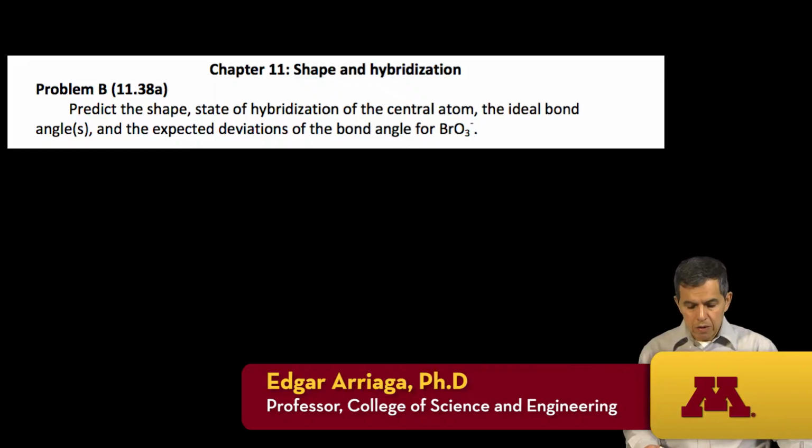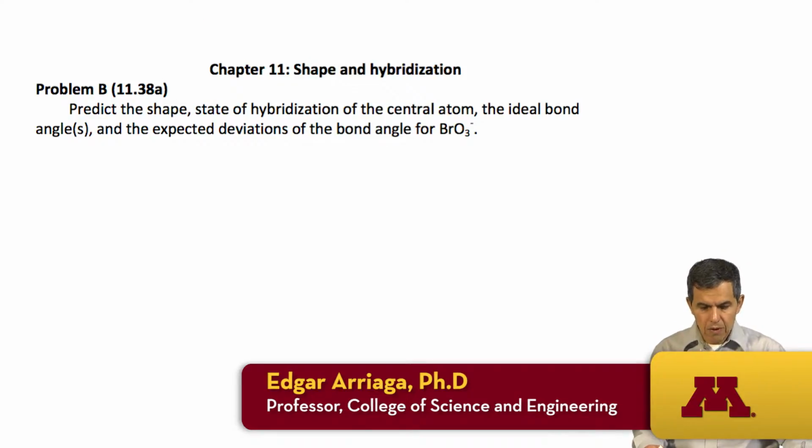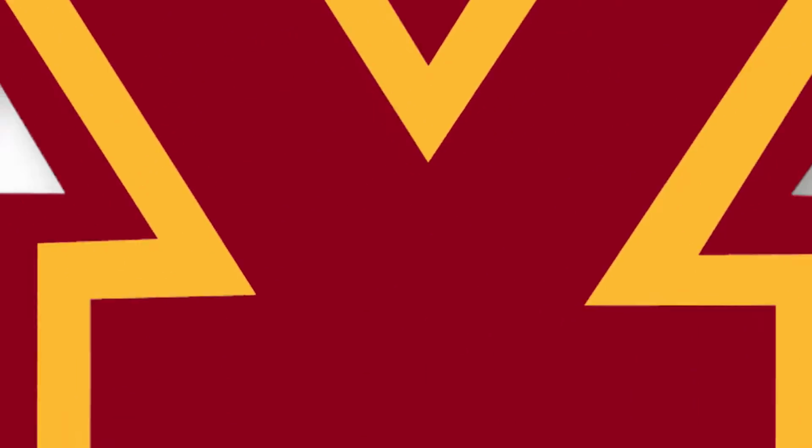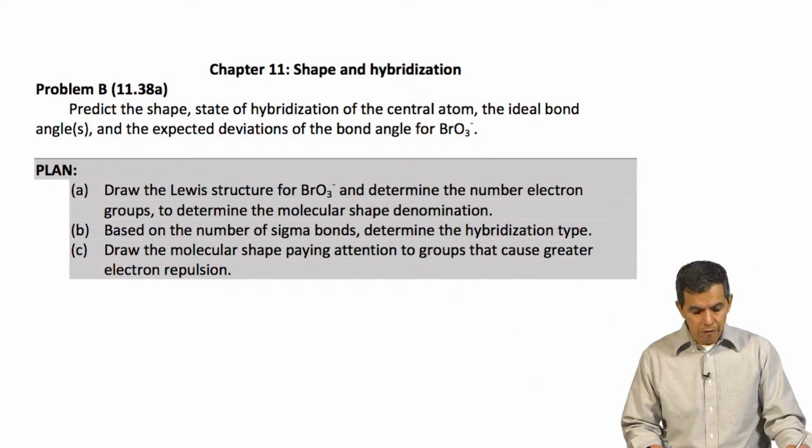This problem is about shape and hybridization. Please read the problem, propose a plan to solve the problem, use this plan to solve the problem, and after that, compare your answers with the ones that I will be presenting shortly. The plan to solve this problem will be: first, we're going to have to draw the Lewis structure